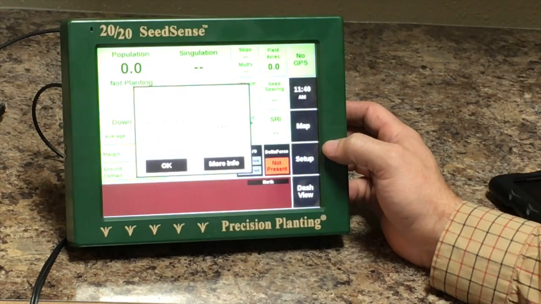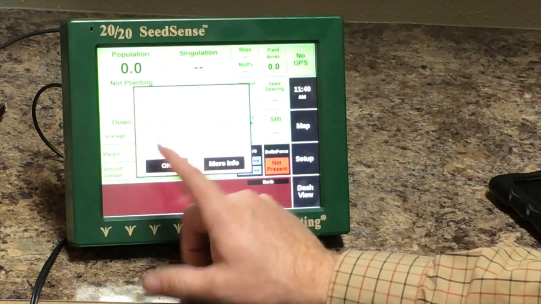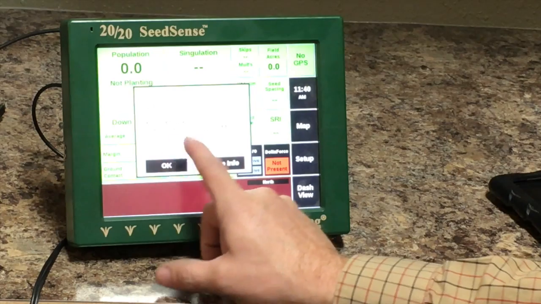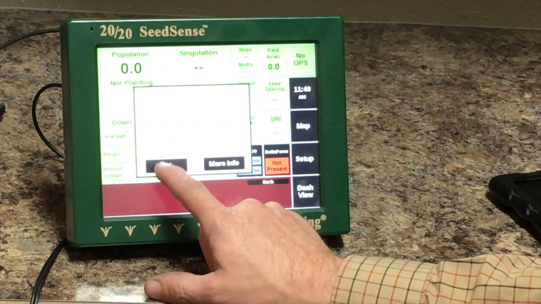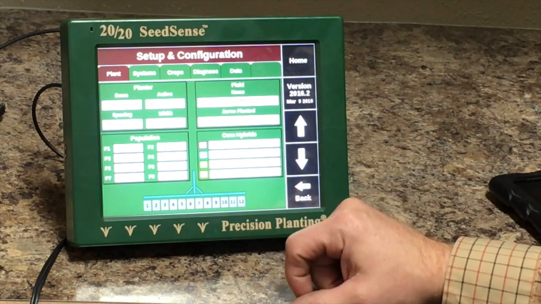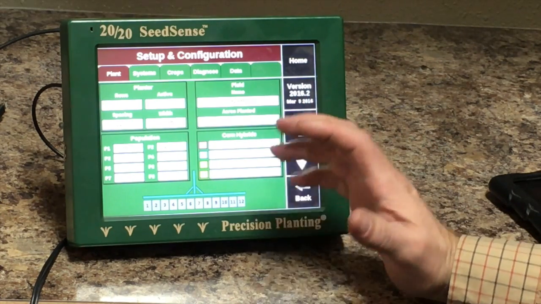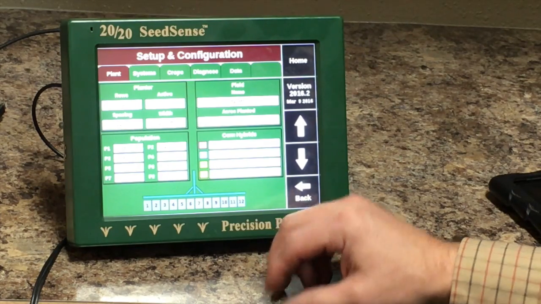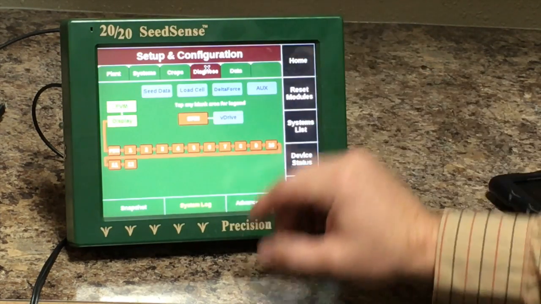Alright, so now our power is cycled up, and because we're not plugged into the monitor, into the planter, it's saying that we don't have communications with the modules, but if we were to push setup right now, it should show our software version. Didn't give us any other messages, so we are up to date. At this point, what I'd like you to do is push the Diagnose tab,